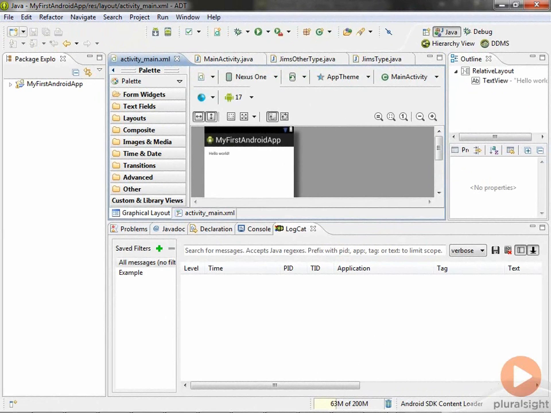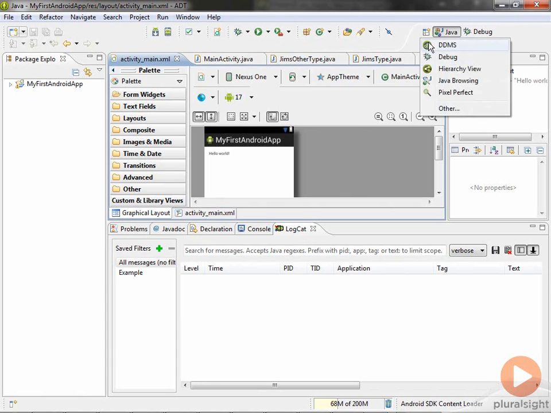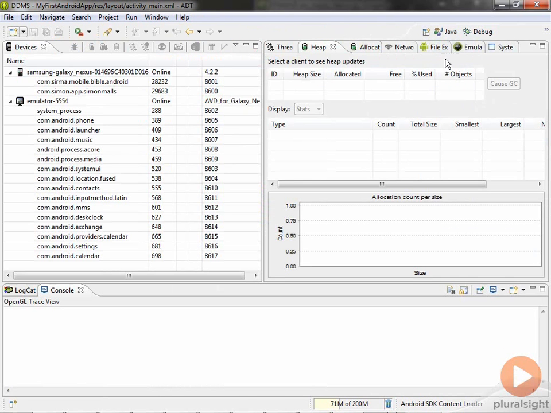So let's take a quick look now at using the memory tools themselves inside of DDMS. Right now I'm inside of Eclipse, and I'm currently looking at the Java perspective, which is what it normally opens up into, and I need to move into the DDMS perspective. I can either select that right here. If that's not visible right now, because sometimes this list will rotate and change based on what I'm using, I can always click on this little button here and choose DDMS from there,